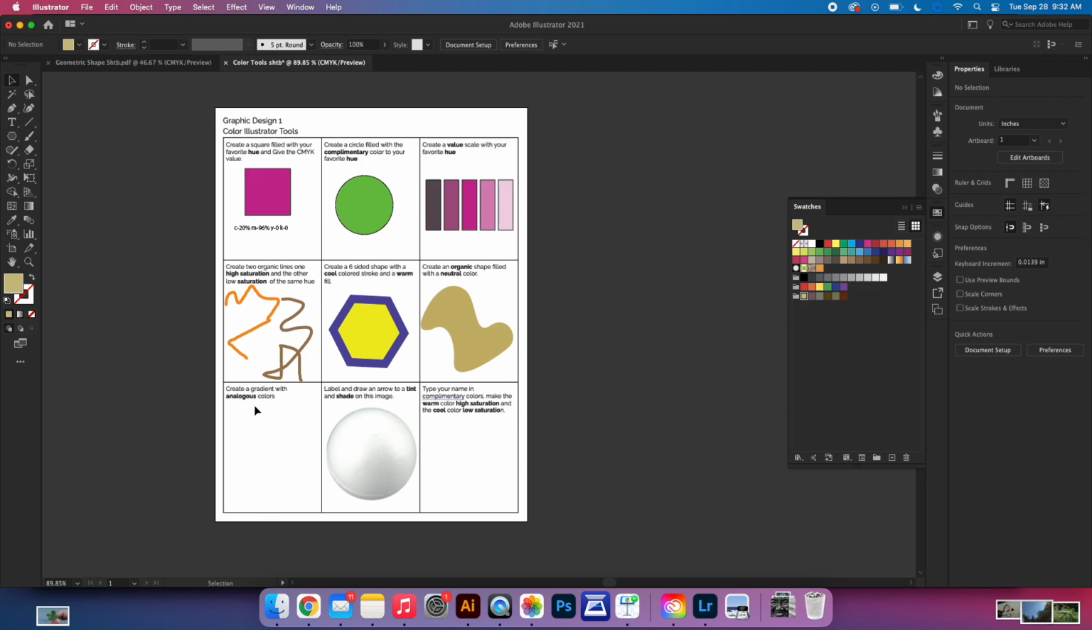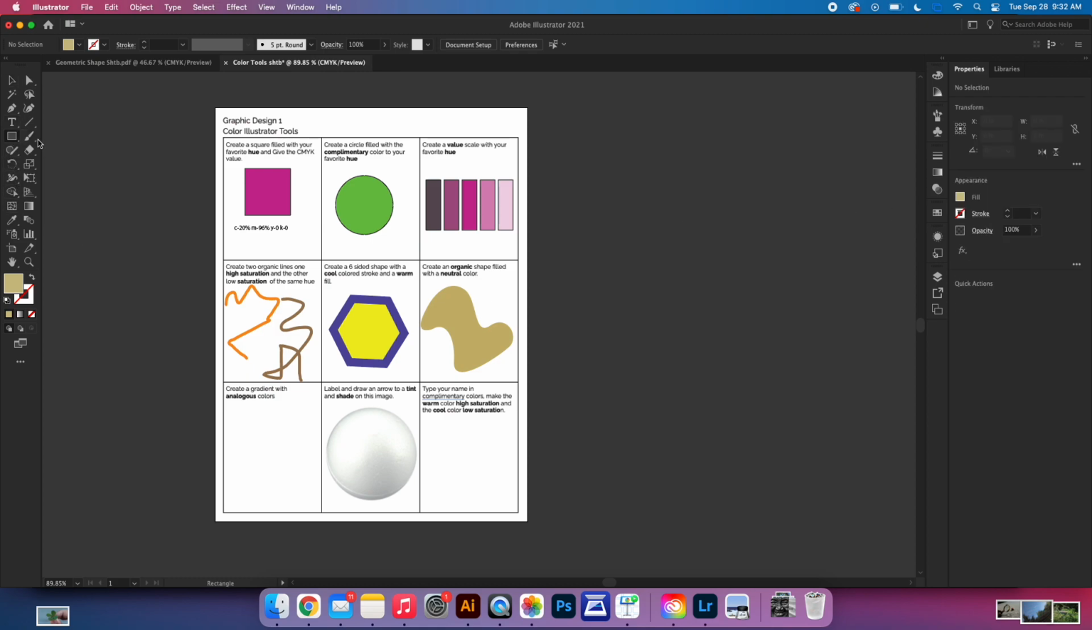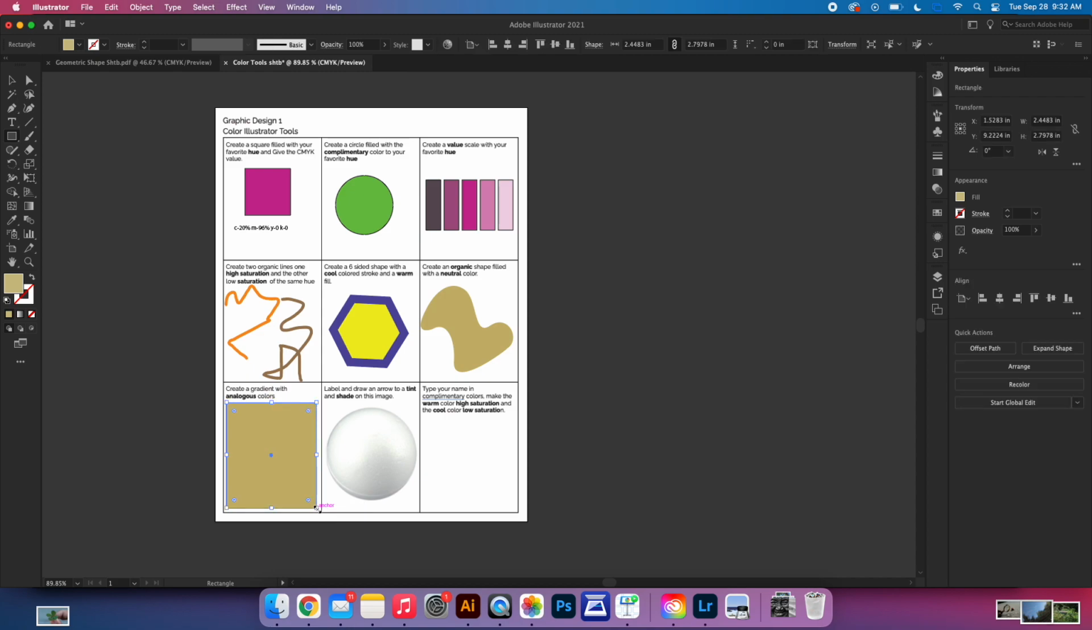Now's the thing that everybody likes to do. Gradients, because they're so fun. Grab yourself a rectangle. Analogous colors are colors next to each other on the color wheel. So what we're going to do,